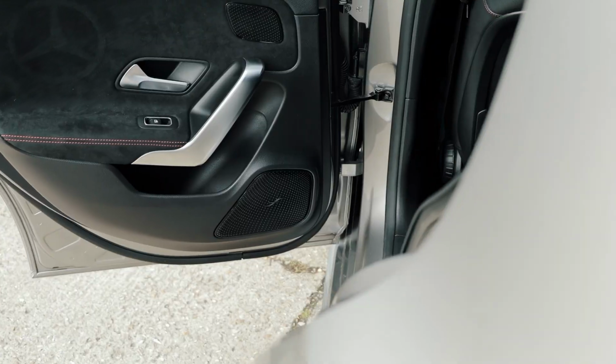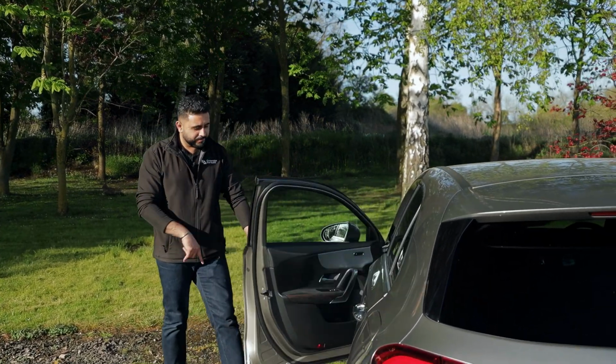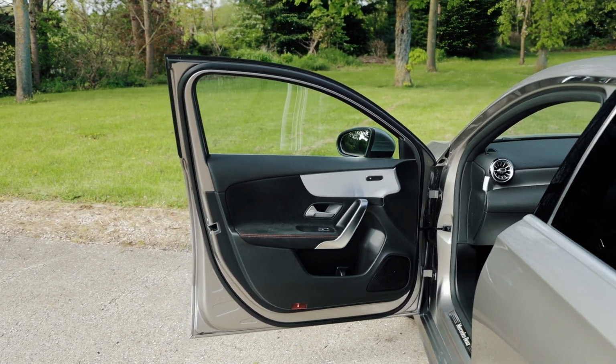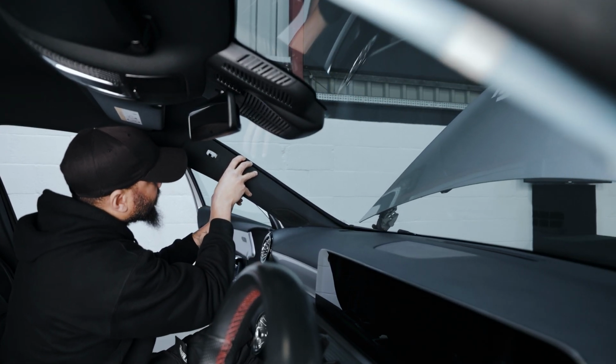So two-way: a 6.5-inch mid-bass and a tweeter. Again, fully soundproofed in that door, feels nice and solid. Same again in the front. You've got the mid-bass driver in the door, but actually the tweeter is on top on the A-pillar, so they are designed like that. But let me just give you a little bit of a knock test